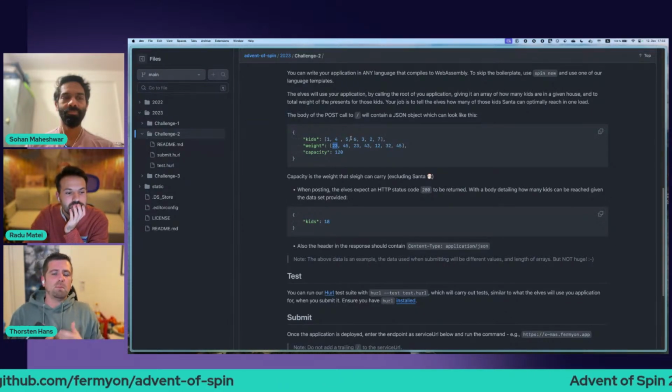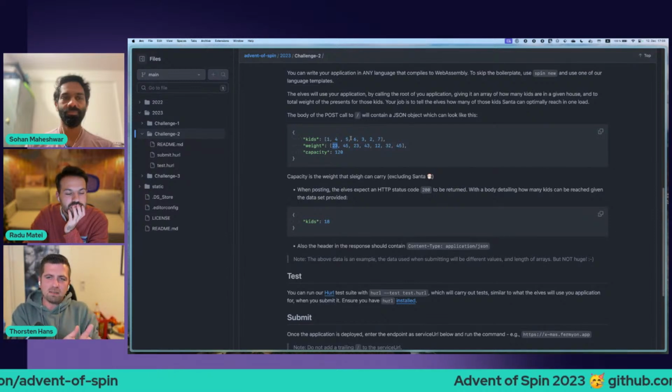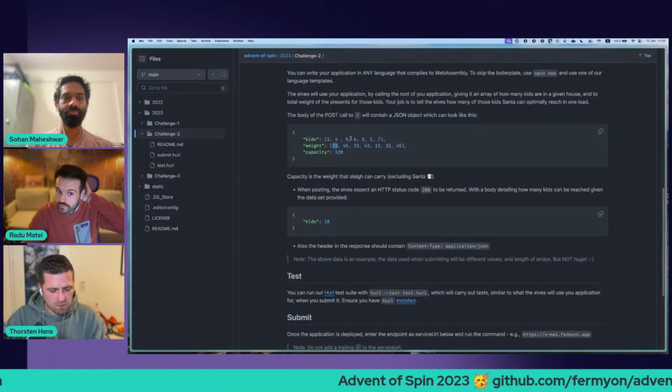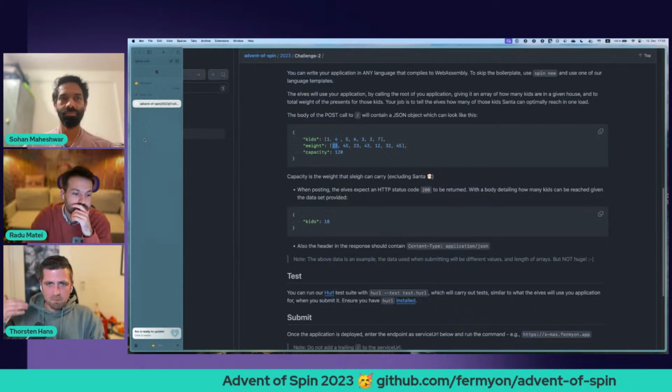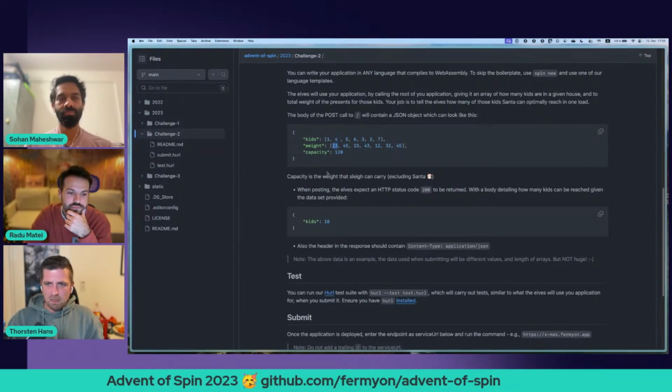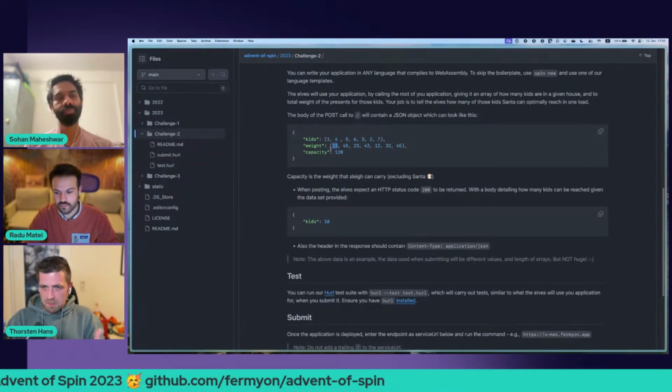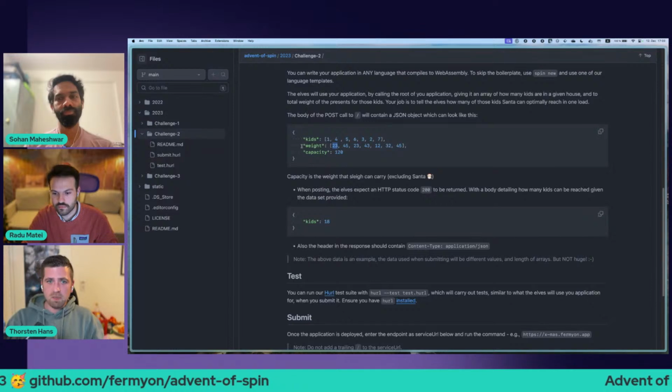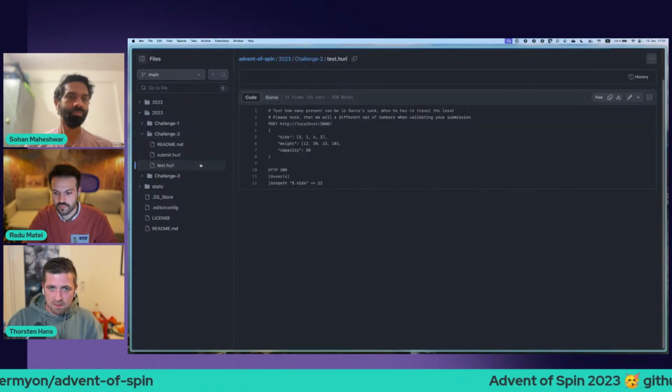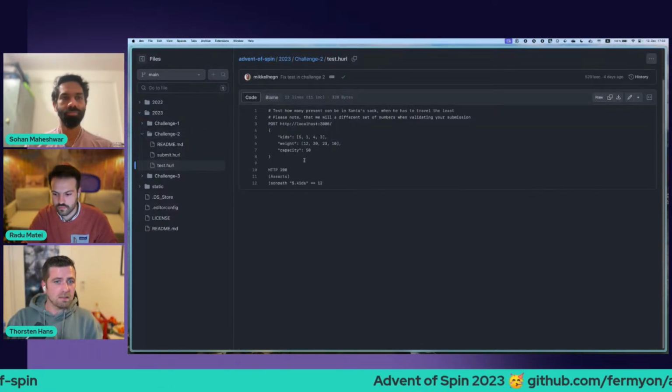So at this point, it's somehow a little bit guessing, but writing some unit tests could easily streamline the process of coming up with a reliable solution, not just for this particular test data, maybe also for the test data that we can find over here in the test hurl file.